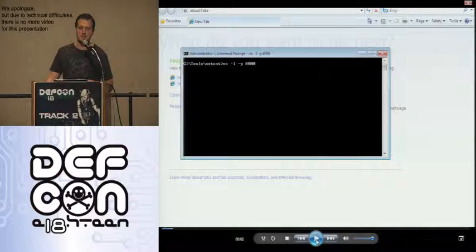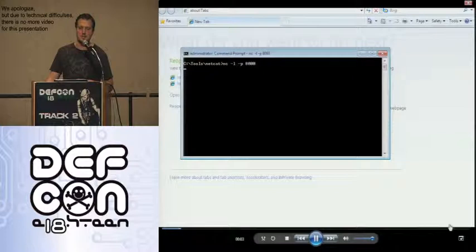So the exploit is pretty simple. What you have to do is just set a named pipe, create it, listen on it, change the registry value to the named pipe, enable file tracing, and you get the impersonation token from the system account and elevate privileges. I will show you an exploit now.